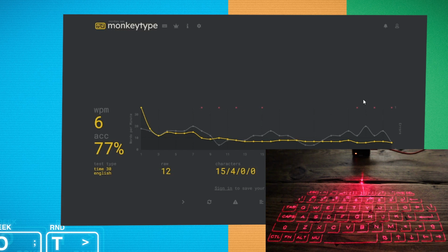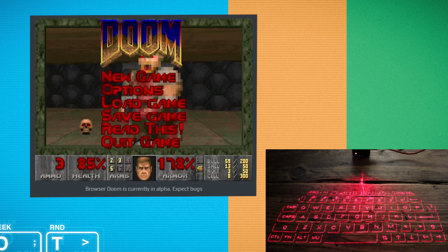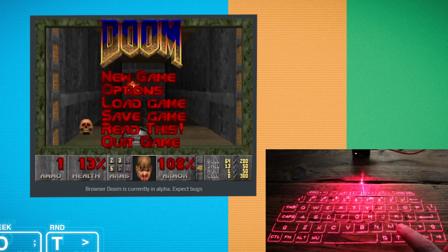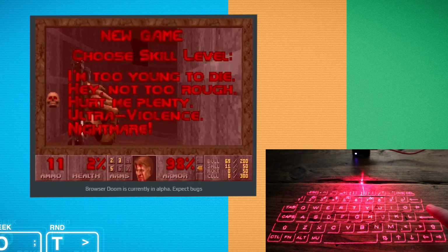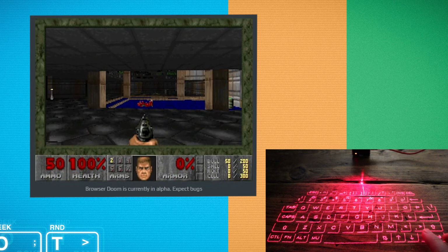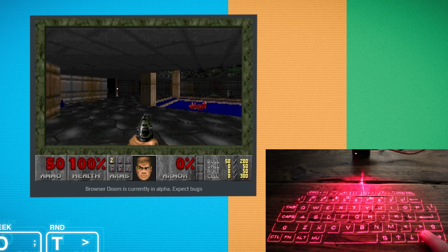But what about trying out some other stuff? Can we maybe try and play a game with it? Doom? I mean, that would be quite something, wouldn't it? Who knew that you could play Doom in a browser? Let's hit enter. Okay, well, it's registering those button presses. Okay, and I can sort of move left and right, but I can't really...